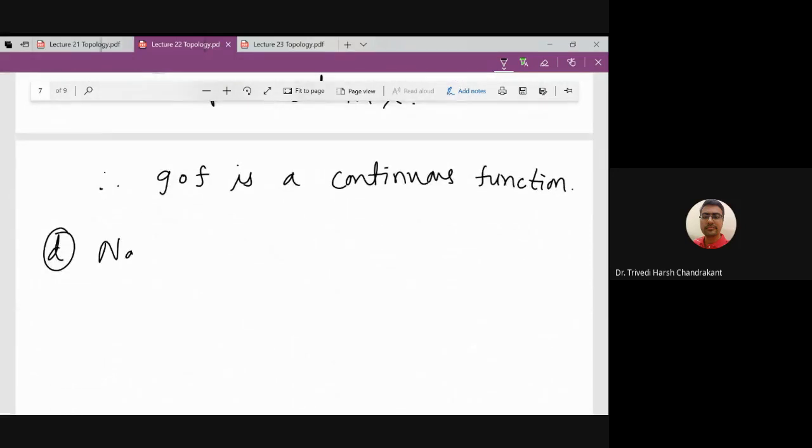So note that f restricted to A is f composition j,